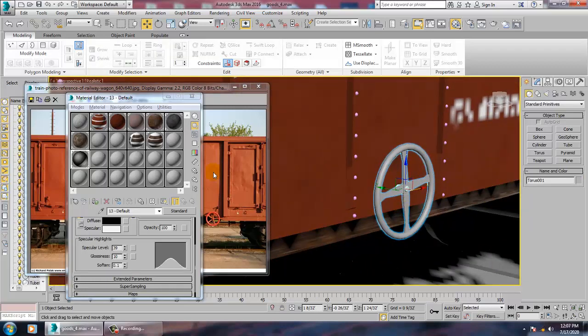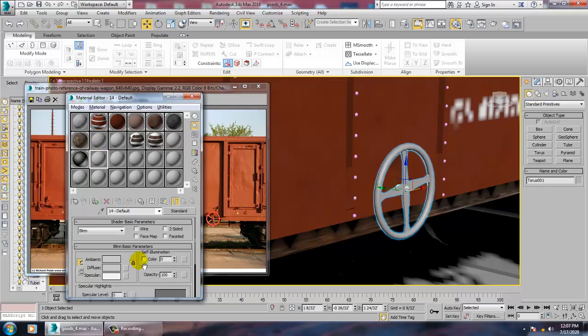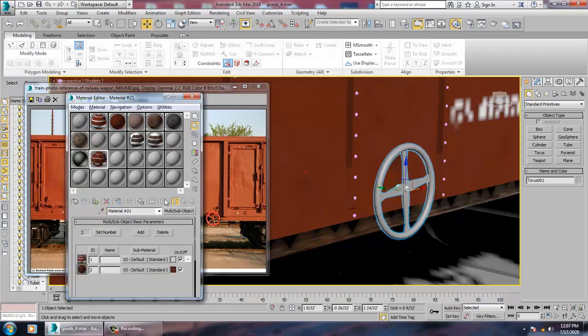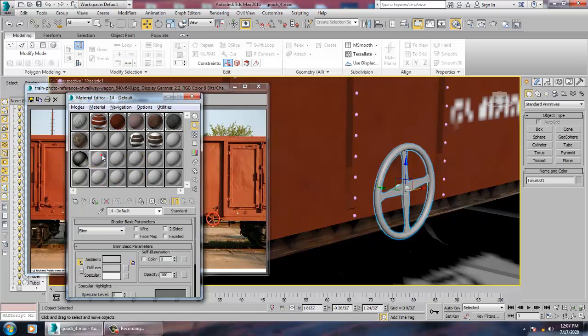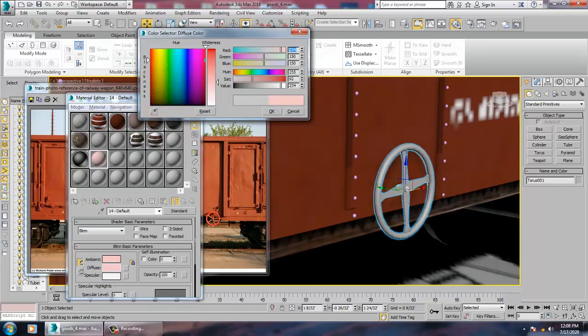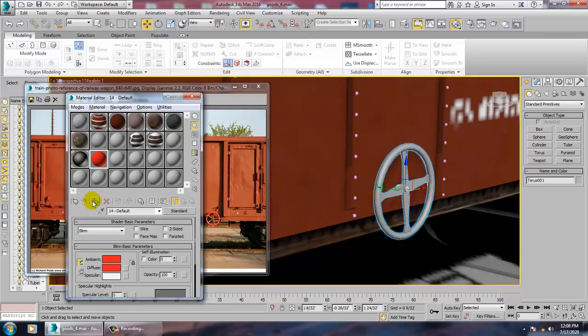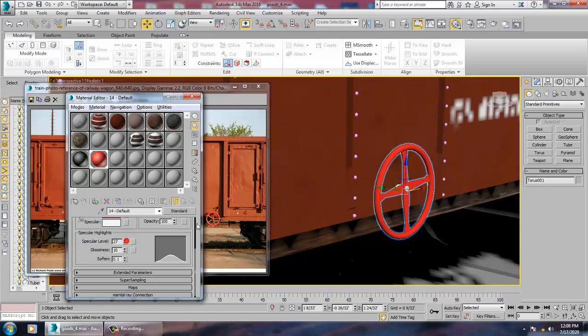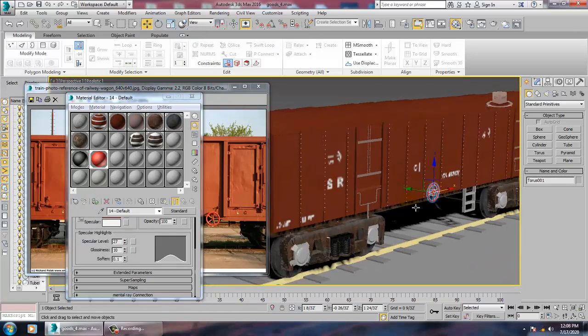let's go into the material. Take eyedropper tool. Take a reddish color. Just give a bit of specular to it.